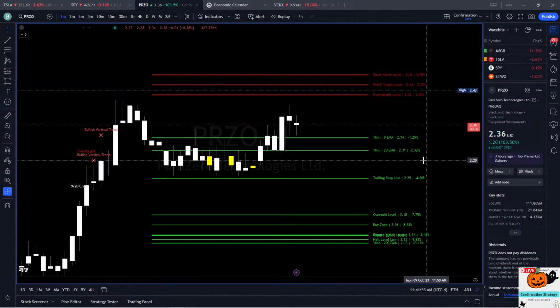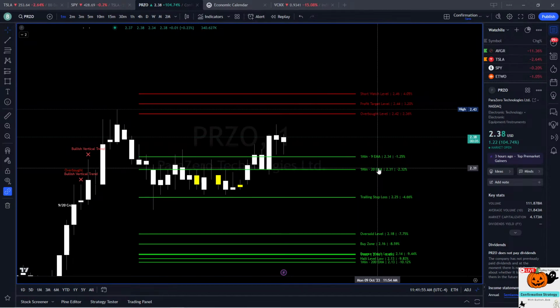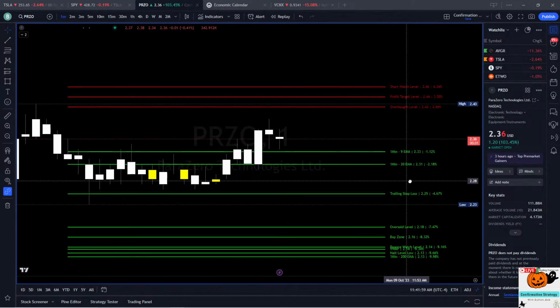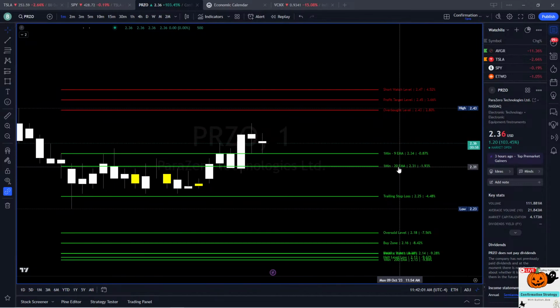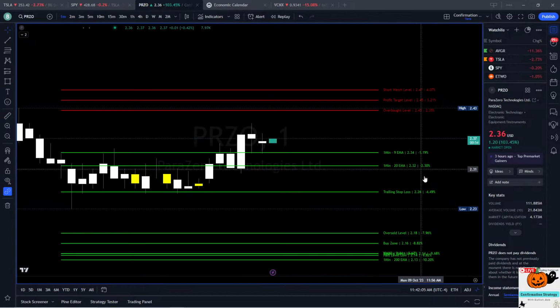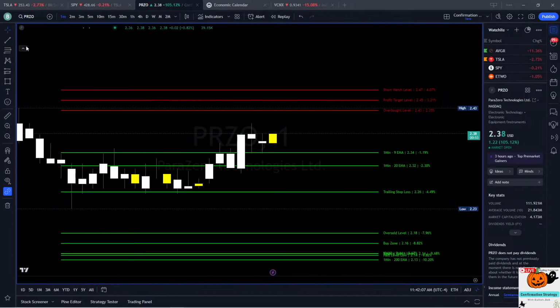So we have the 9 EMA above the 20 EMA. That is a bullish signal for a lot of traders. So we've got that signaled right here. The 1 minute 20 EMA is below the 1 minute 9 EMA. So if you had that on, if I added it as, let's see,